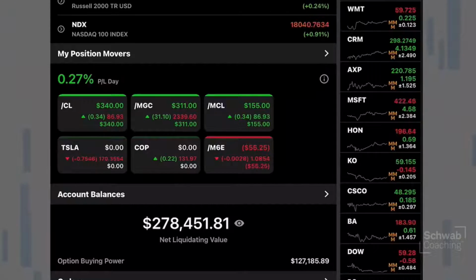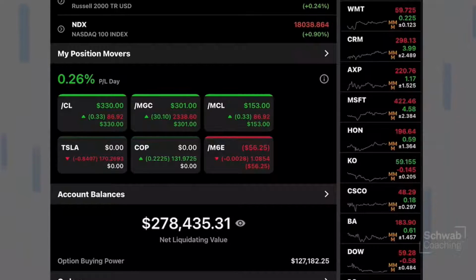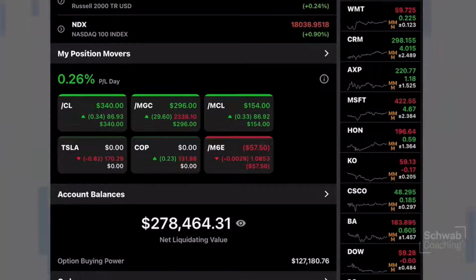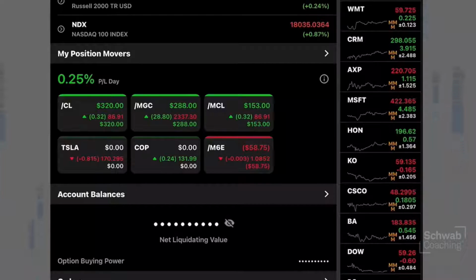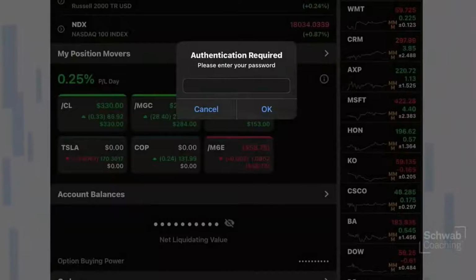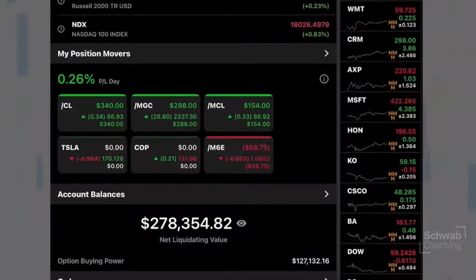Now you're also going to notice that right below my position movers, it says account balances. And there we're just seeing 278,455. Now, if you were out and about, so yesterday I was doing a service project and you said, man, I brought my tablet with me or my phone, and I don't want other people potentially to see that balance, for any reason, if at all. We can click on the eyeball next to the balance, and what it does is it just dots it out. We could click on the eyeball again, and it's just going to ask us to type in our password, and what you're going to see in this case is it will unlock that right there, and it will bring up the balance back again.